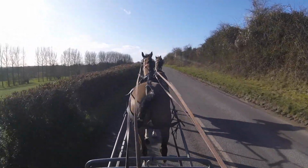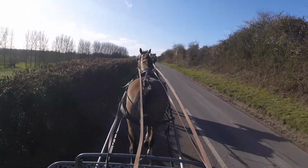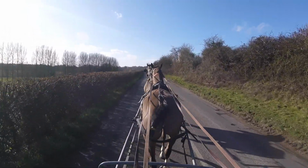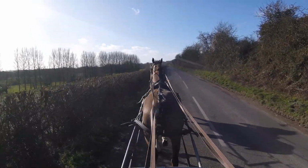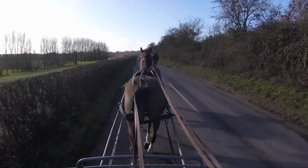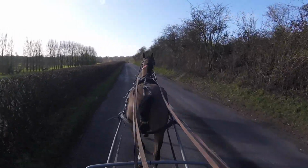So this is our first time out in a tandem. We're about half a mile from home at the moment. I need to adjust my reins up a bit. The trouble is I broke some reins, and you just don't realise,